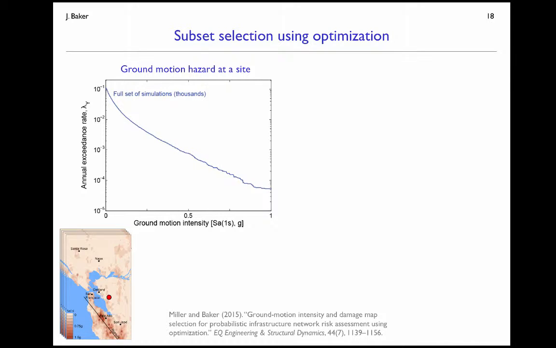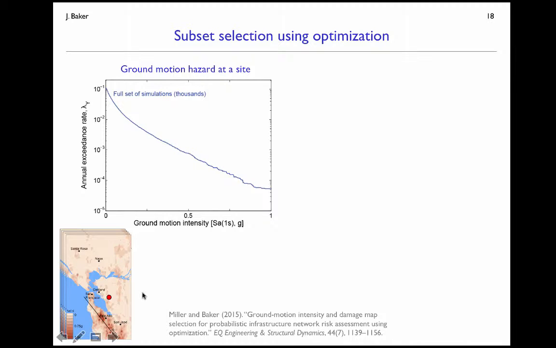So here's the way we're going to do this subset selection. We're going to use an optimization approach. It borrows extremely heavily from an approach proposed by Rachel Davidson and her colleagues at University of Delaware, and the comparisons are also elaborated on in this paper down below. The general idea is that we have, at each location in this study region, so if we take this map down in the lower left, a location with this red dot, that's an example location.